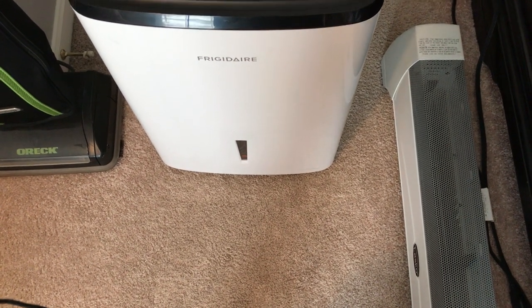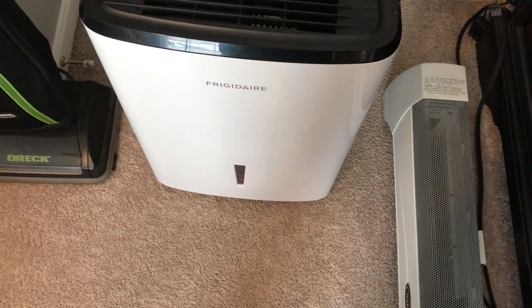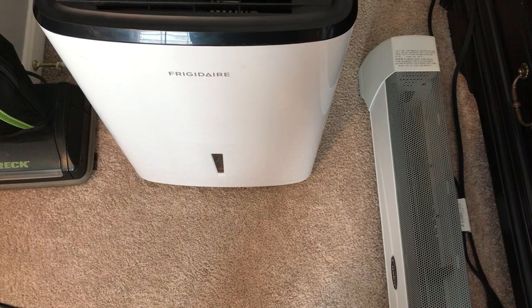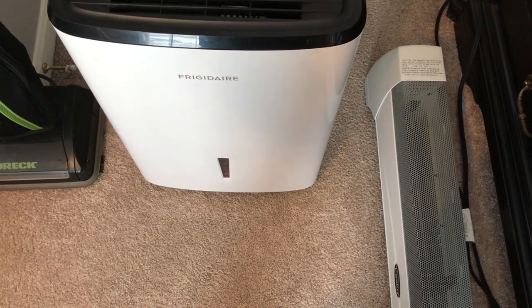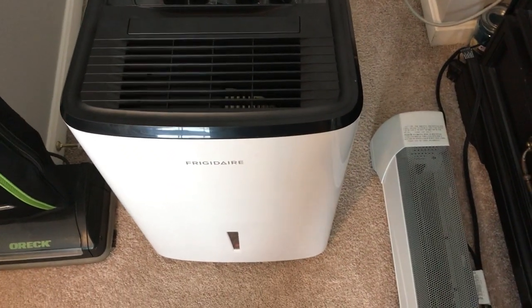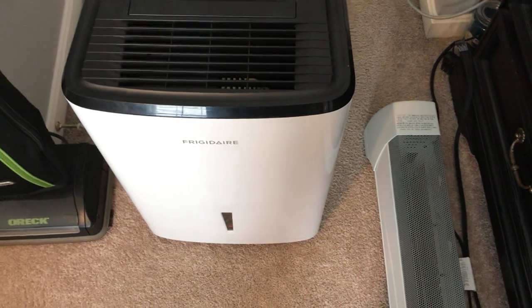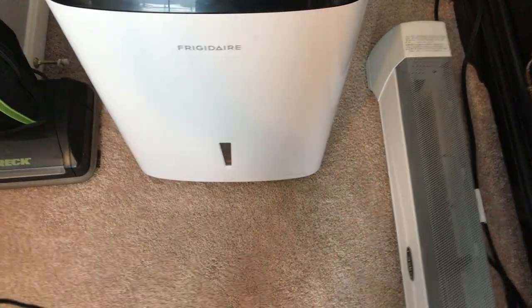And I think this would really do a good job in a large home or a large space. Maybe you have a large basement, a large space that you need this for. I think this is a good machine for that. So anyway, that about sums up my review on the FRIGIDAIRE